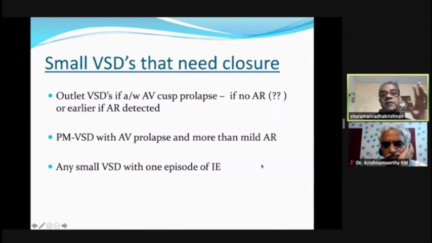That is a very, very unfortunate situation to occur because you tend to wait in the initial part of the natural history, or they are completely asymptomatic. It is later on that the AR starts giving trouble. It is also said that any small VSDs which has at least one episode of infective endocarditis should be treated. Not much data on this, but these are what is known as type C indications, if you want to